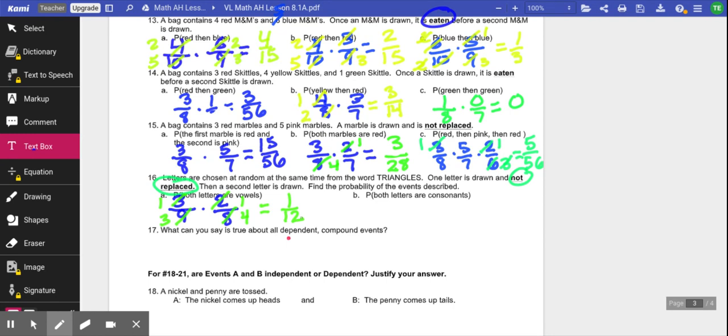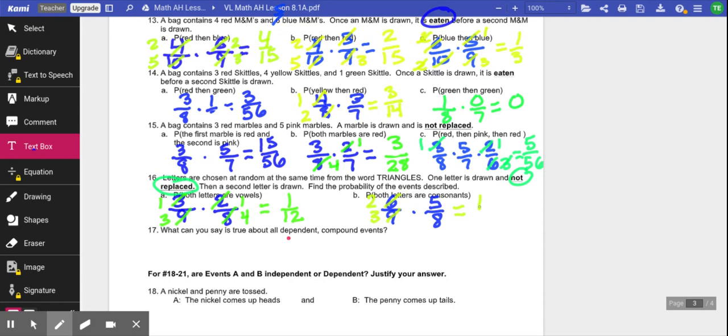Both letters are consonants. Well, the consonant is the opposite of a vowel, right? So here we had 9, and then we had 8 because we did not replace. Both are consonants. Well, if there's 3 vowels and there's 9 total letters, that means there's 6 consonants. We kept one. We didn't put it back. The next time there would be 5 consonants. Then we need to reduce. The 6 and the 9 reduce. That's 2 and 3. And we get 10 over